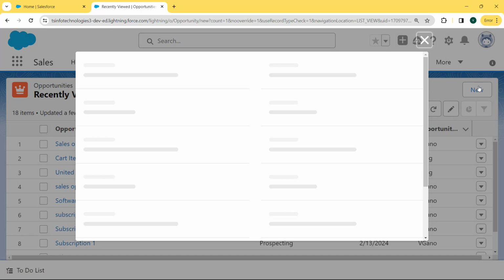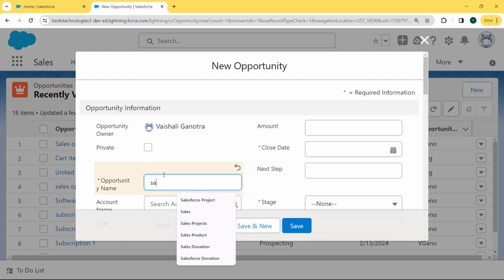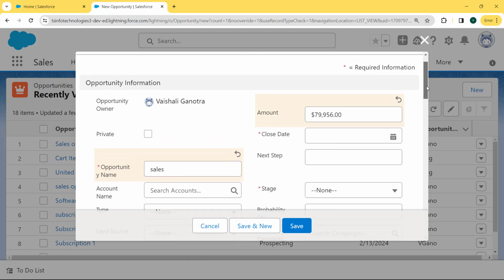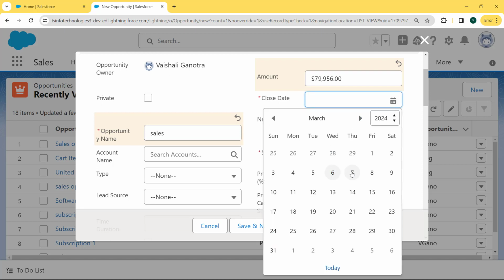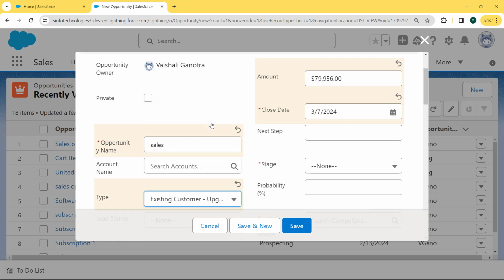So we click on the new button and our new opportunity dialog box is open. Here we fill the opportunity name as sales and then enter the amount, and then scroll to the bottom, select the close date, amount, account name if you want to select, otherwise leave it as it is, and then select the type, stage,